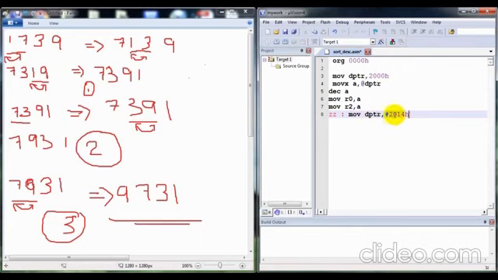This is for taking the data to the registers. Sorry, here is a mistake. We have to give hash here. The hash is for taking the immediate data. Okay.